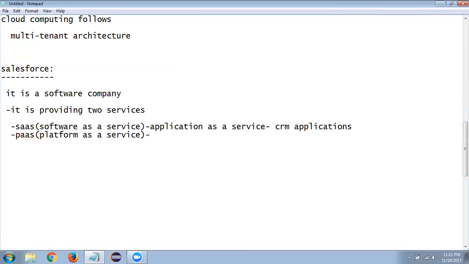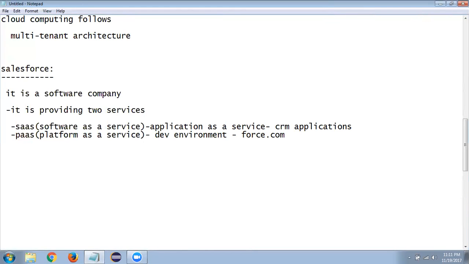It is providing a development environment. The dev environment here is named force.com. So force.com is one of the development environments. There, according to the client requirements, customization is going to happen by using this particular force.com platform. So these are all the services which we are getting from Salesforce by using cloud computing. Salesforce is able to provide these services, right?